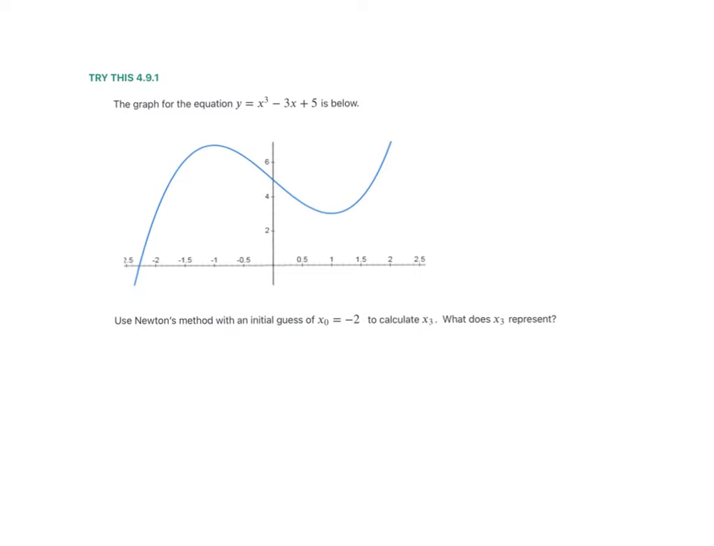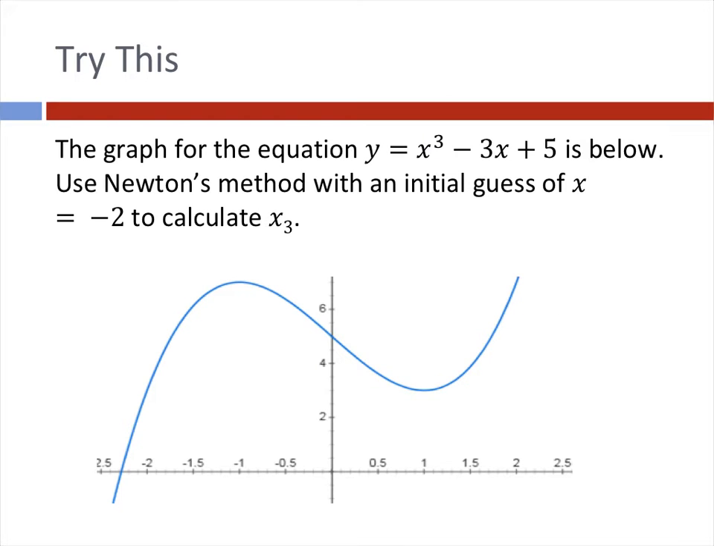In Try This 4.9.1, we're going to be using Newton's method. And Newton's method is not hard, it's just an iterative process. But sometimes when we have these iterative processes, we forget what the numbers that we're finding represent. So I want you to take a moment to think about what x sub 3 represents. All right, let's take a look at this first example, and we'll remind ourselves x sub n plus 1 is